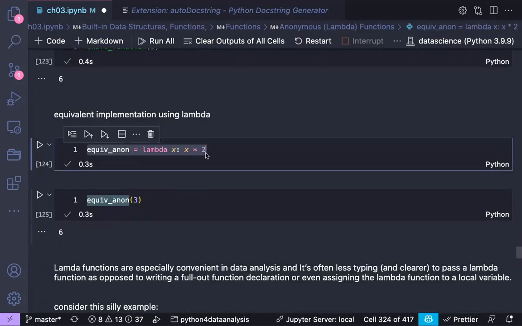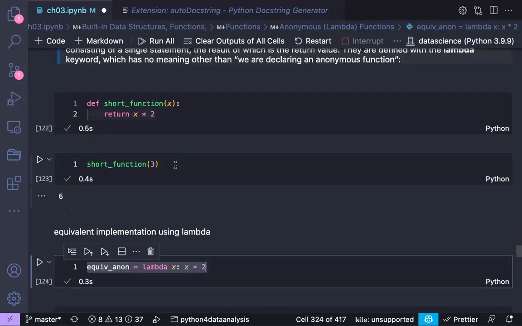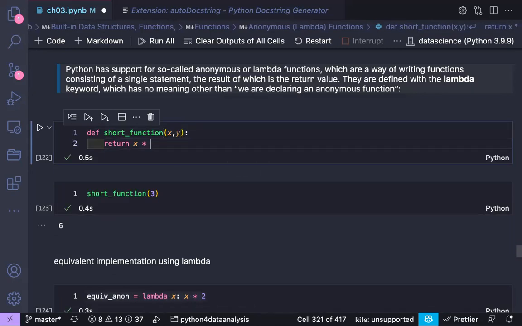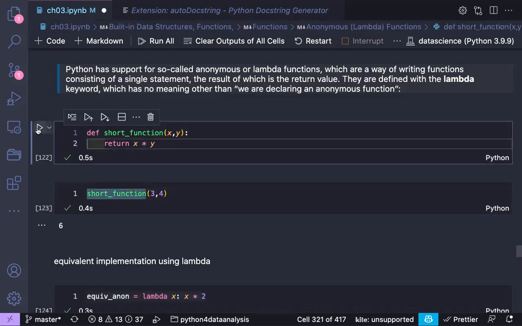Any question regarding the lambda function? Any question? If you have a number of arguments, maybe more than one or two, yes. For example, here I have x, y, two arguments. And what I'm doing is multiplying x and y. So if I run this,